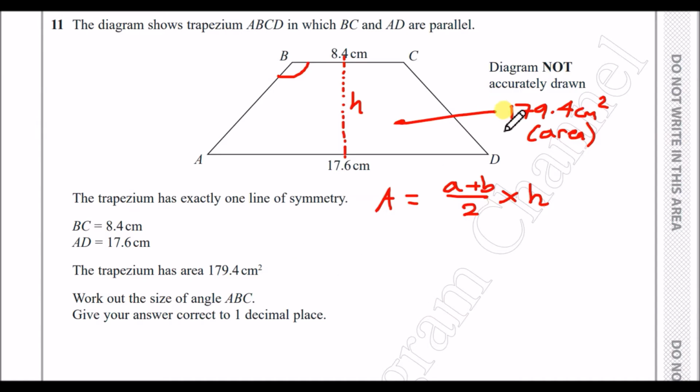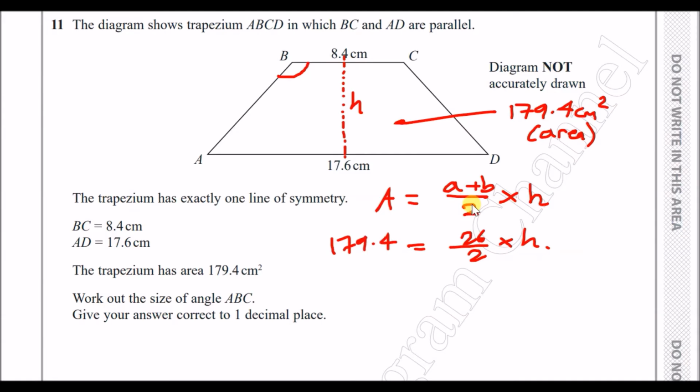Now we know what A plus B are. These are the 2 parallel lengths. So A could be 8.4 and B could be 17.6. Let's write it down, yeah? So the area, but this A is the area, not this point A. So I'm going to rewrite as area now, yeah? The area is going to be 8.4 plus 17.6 over 2. So write that down, 8.4 plus 17.6. That gives us 26 over 2 times the height. Oh yeah, and the area, we know what the area was. The area was